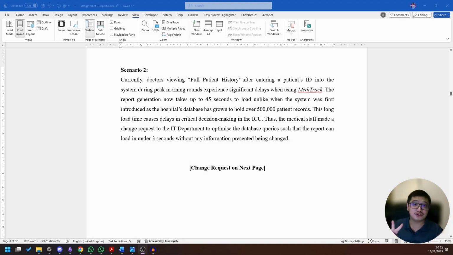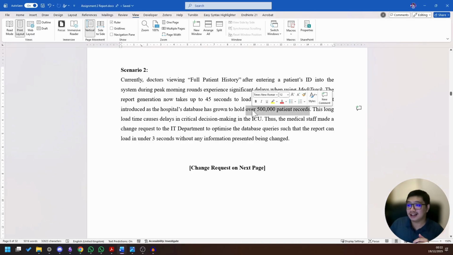To scenario 2. In this scenario, we're dealing with a performance issue. As the hospital gained more and more patients, holding over 500,000 records in the database now, it takes up to 45 seconds to generate a full report, whereas in the past, when it was first introduced, it was very fast. This is a detriment